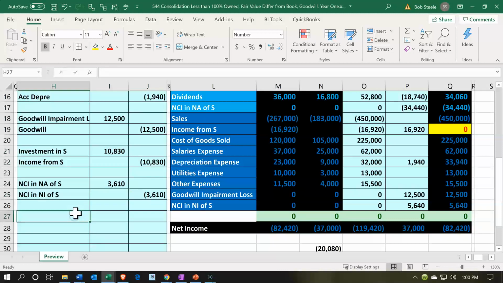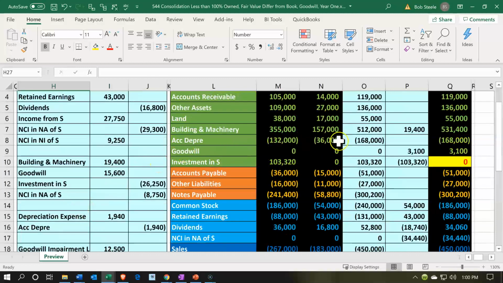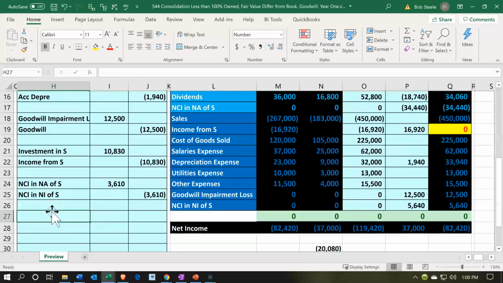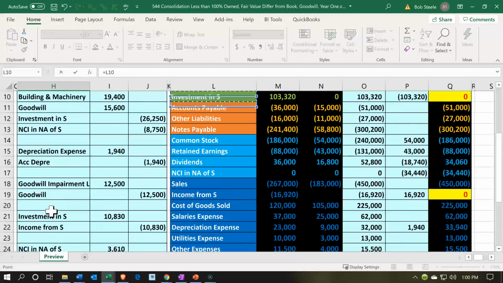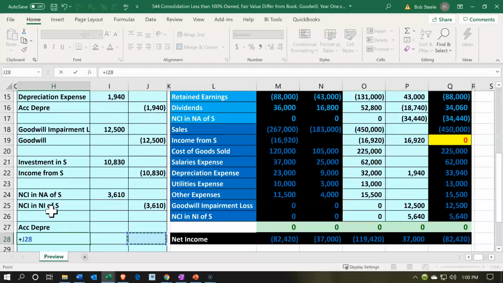Now we're finally going to do the last journal entry, which is basically the same thing we've seen before, and we're going to net out the accumulated depreciation at the beginning to the building and equipment. So let's do that same kind of journal entry. I won't spend a lot of time on it because we're kind of running long here. So I'm going to say this equals the accumulated depreciation, and this is going to be the building,